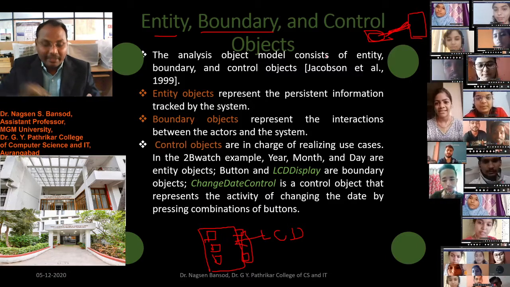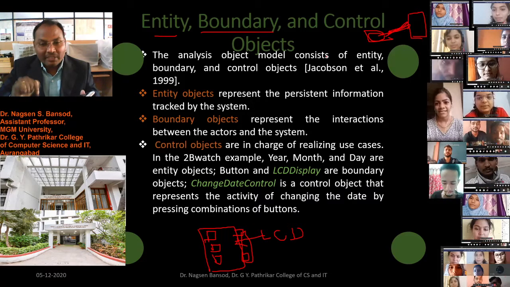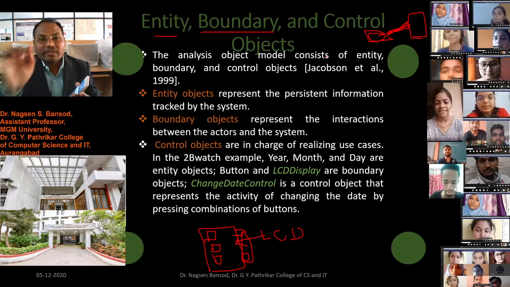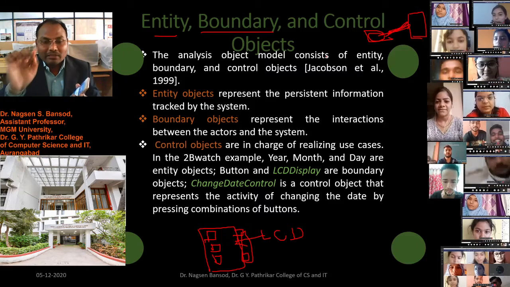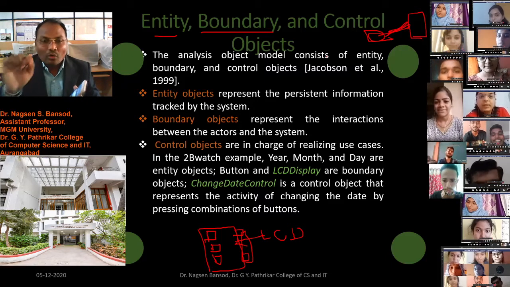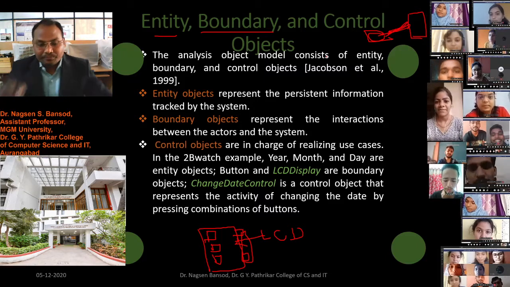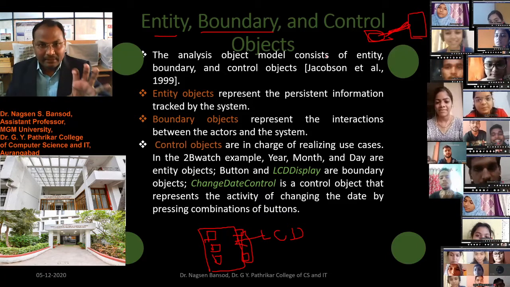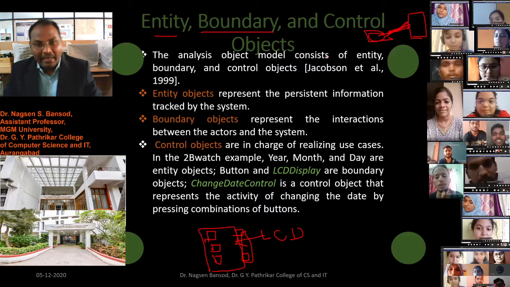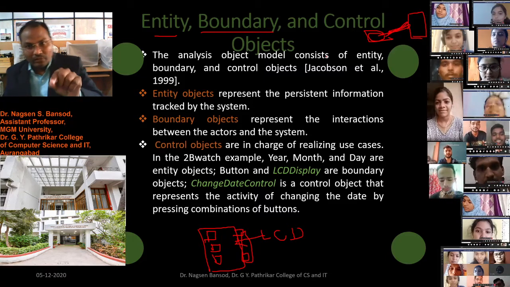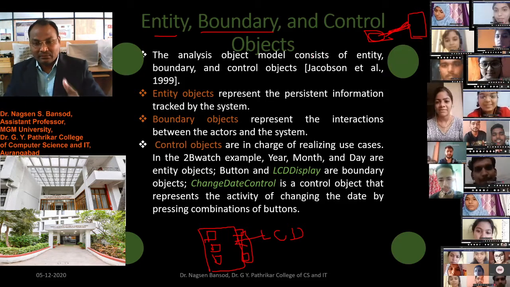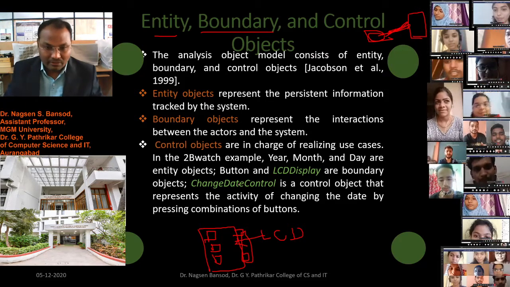Suppose you want to send a message to your friend, then you have to click on the send button. The send button is the control of the entity. The message you pass will be the entity, the software will be the boundary, and the button will be the control. This is present in all software.